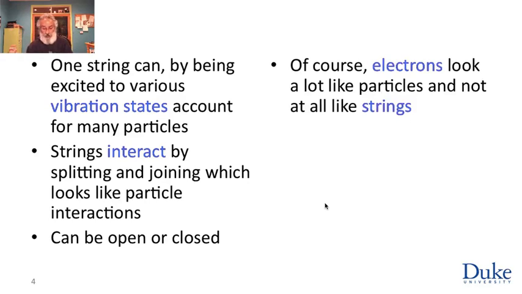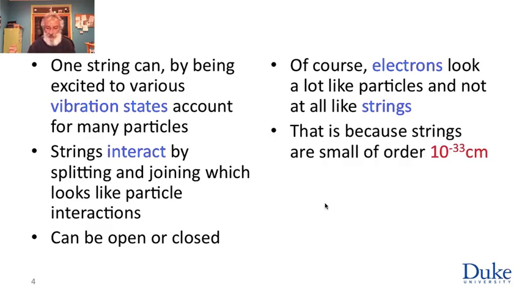Now, electrons look a lot like particles. We've been studying electrons. We have no reason to imagine that an electron occupies more than one point in space. How do you reconcile this with the idea that an electron is a loop of string? We certainly don't see an electron occupying a one-dimensional space. Well, the idea is, of course, these strings are very tiny. Their lengths are typically of order the Planck length, very small, 10 to the minus 33 centimeters, much smaller than the smallest resolution of all our experiments at all our accelerators. So if you look at a string from a great distance, it looks just like a particle. It looks like it occupies a point just because you're not resolving the size of the string.